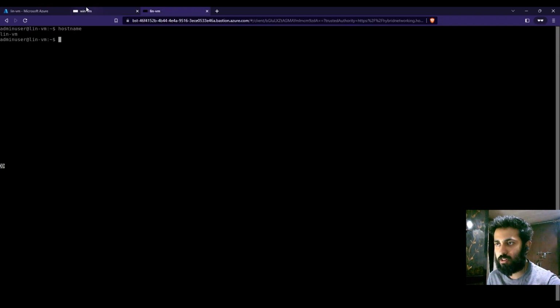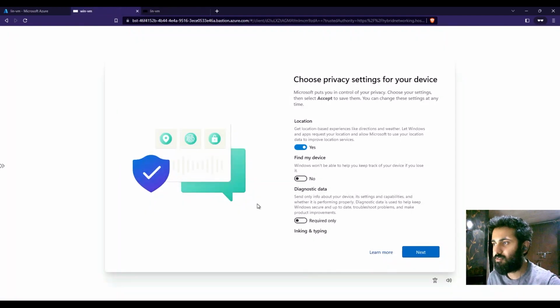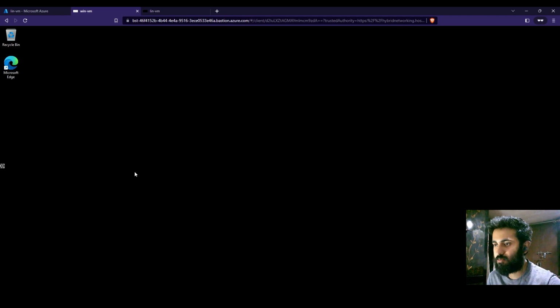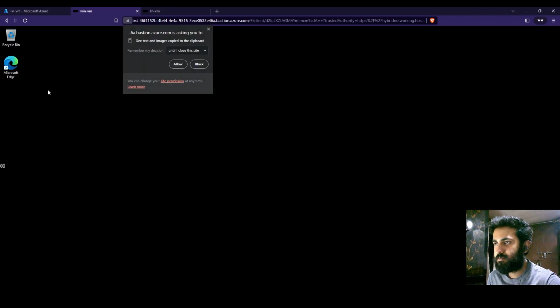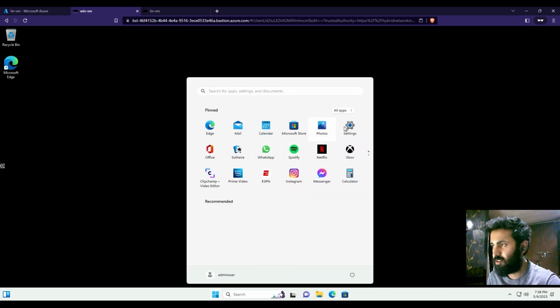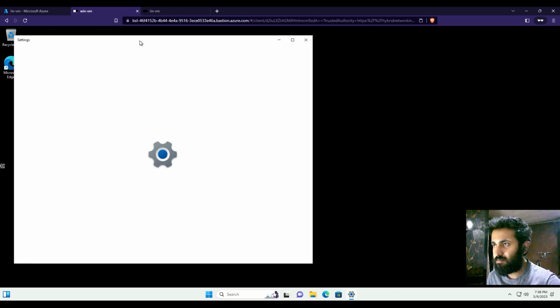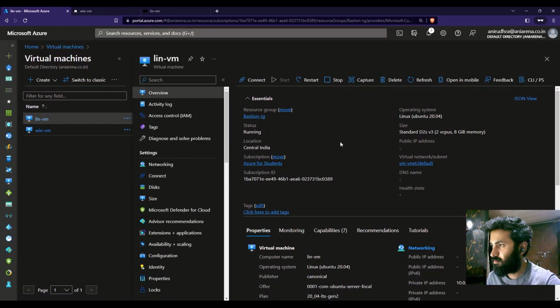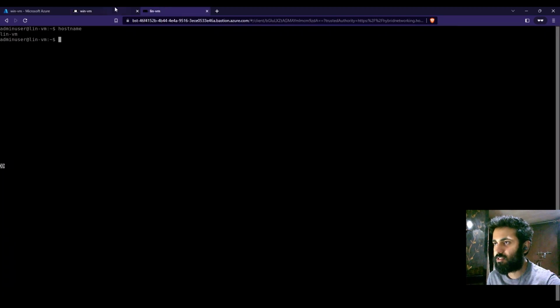Same thing, we are still able to connect to it, and you can run commands and so on directly from here. And just like that, we are able to connect to the Windows machine as well. We'll wait for it to load, and that's all. You have a Windows machine, and you are accessing the RDP directly from the browser. Okay, and if I see here, this machine doesn't have a public IP,